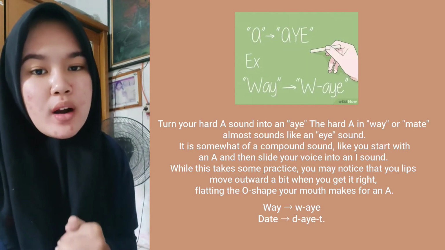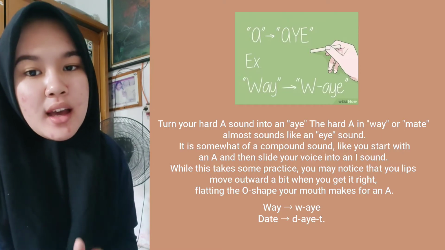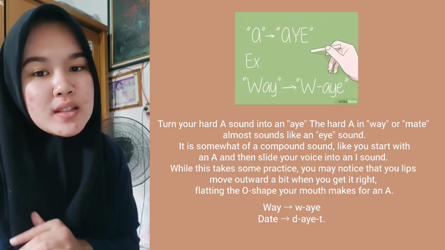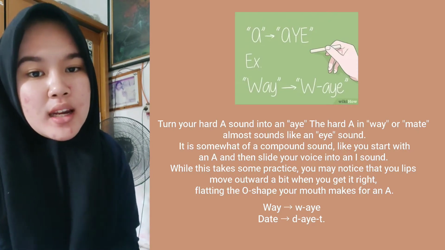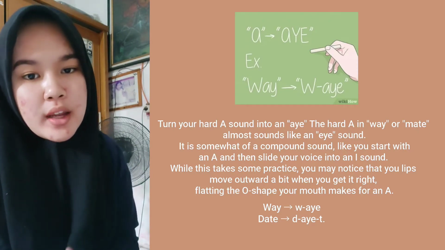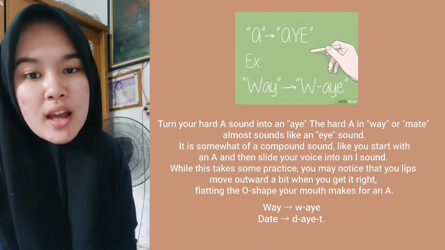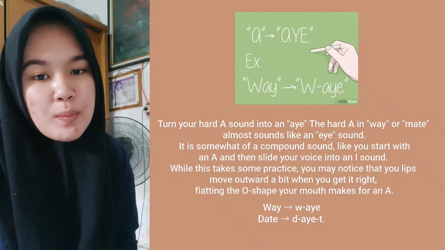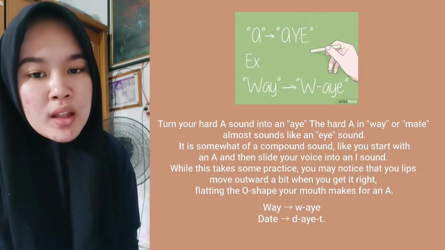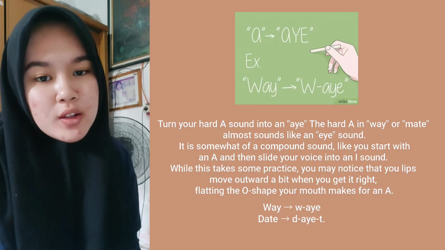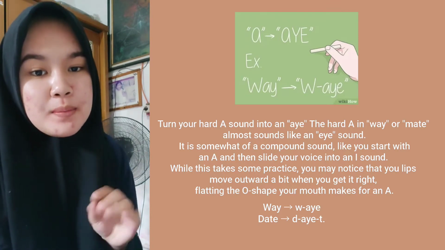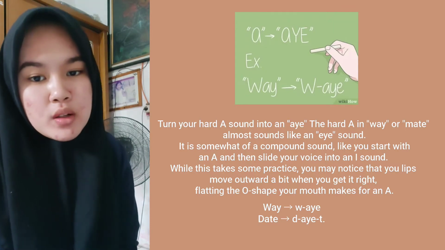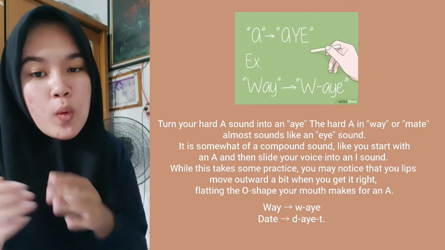Number 2, turn your A sounds into I. The hard A in way or made almost sounds like an I sound. It is somewhat of a compound sound: you start with an A and then slide your voice into an I sound. While this takes some practice, you may notice that your lips move outward a bit when you get it right. Flattening the O shape your mouth makes for an A. Way,